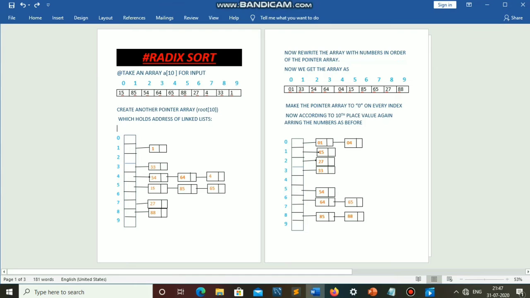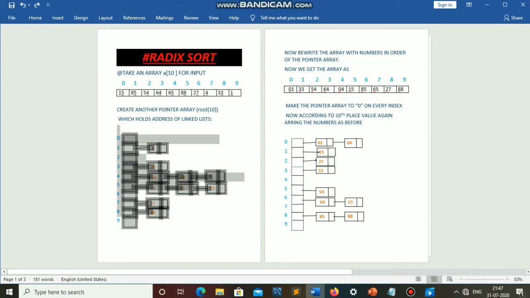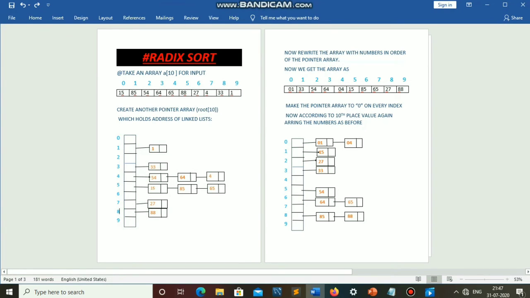Now we need to erase every integer in the array A. So we are going to clear every integer.